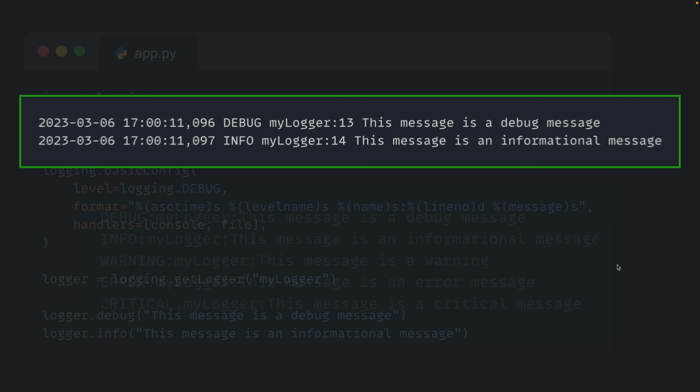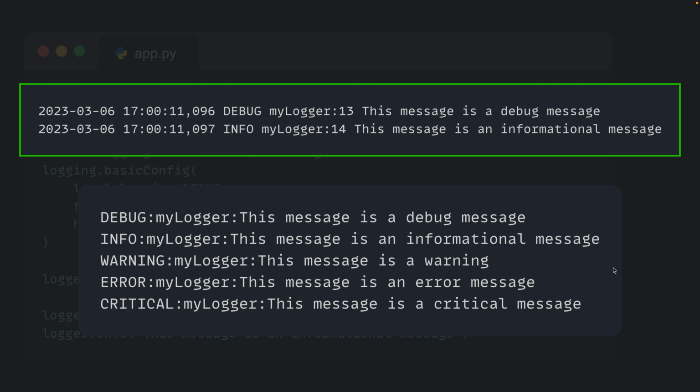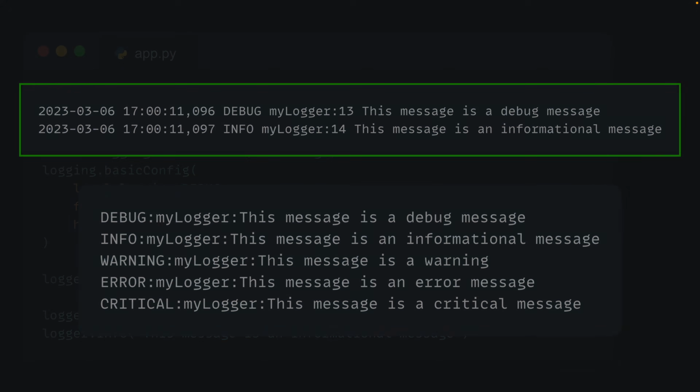If you compare this to the default look, you can see there's a lot more information. You've got the current date, which is essential to be able to know when something happened. And also you've got the line number, which lets you find where the message was created. If you have an error log message, you can go into the file and figure out how that was called, what caused this log message to be created, and from there figure out the problem, hopefully.